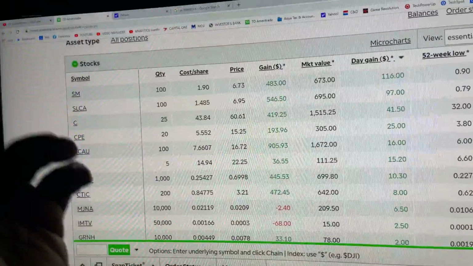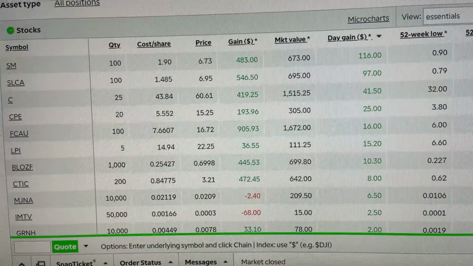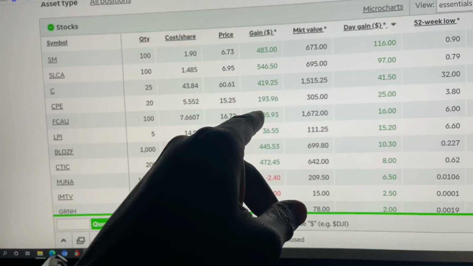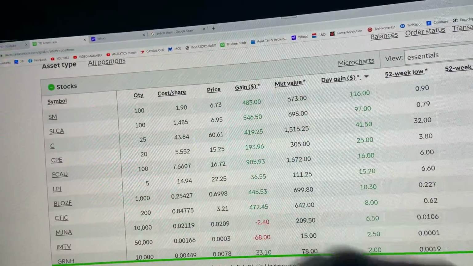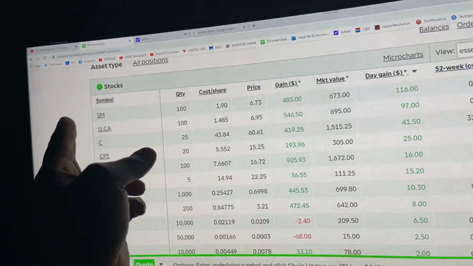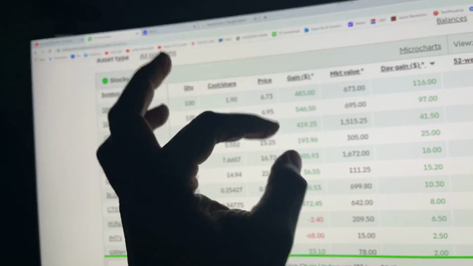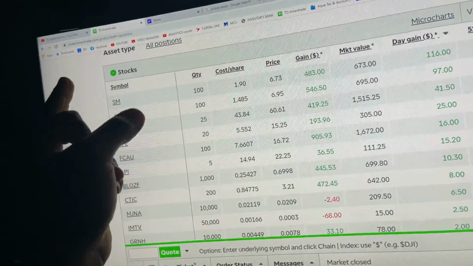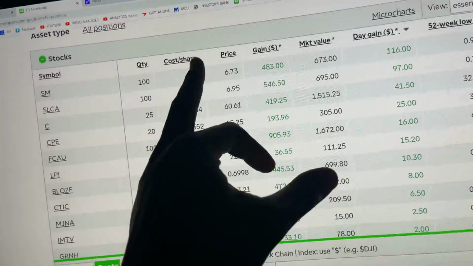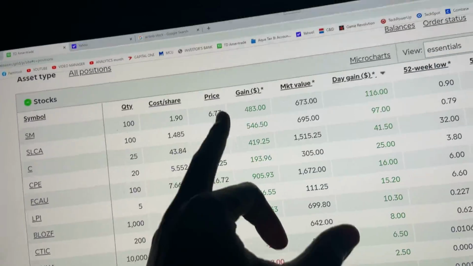So basically, if I look at my day gain, I was up $116 on SM right here. In fact, just a minute ago, one of these things said 666, and I was going to look at that one. But I remember making a video, I think it was I Am an Oil Man. I actually made a video titled I Am an Oil Man, where I told you to buy SM and Silica. You can go back and look. I got in at $1.90 and $1.48. The price now is